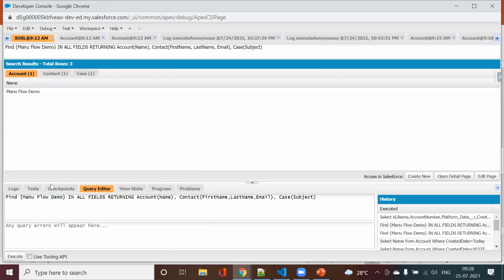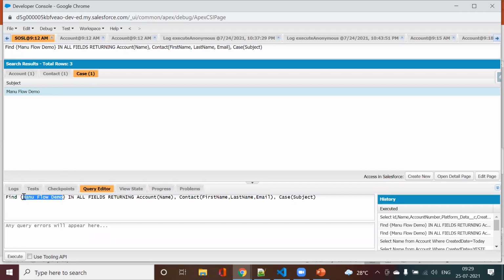Here, if you see, this Manuflow has one account, one contact, and one case with this subject.